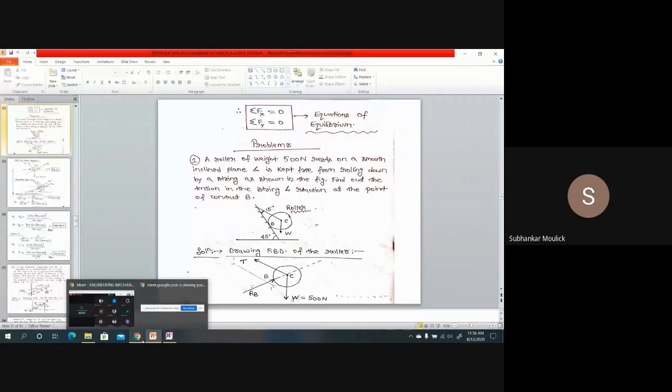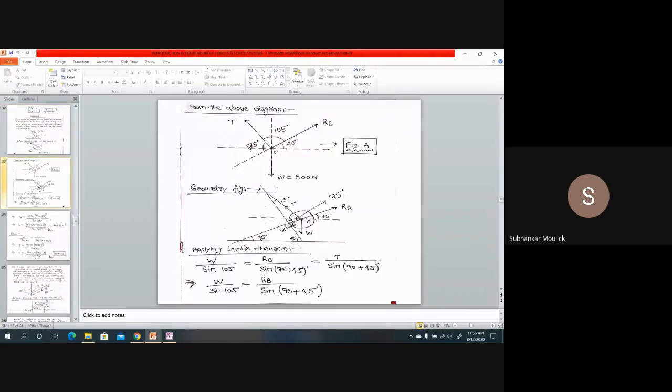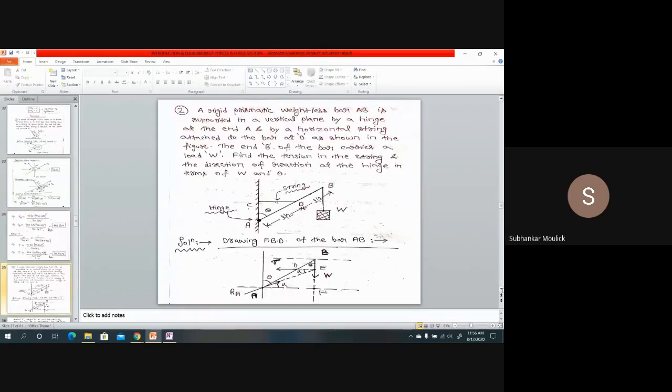So this is how we can solve problems. Basically, you have to keep one thing in mind: you have to draw the correct free body diagram. After drawing the correct free body diagram, you should be in a position to find out these included angles. After that, the procedure is simple. You have to see the problem and decide whether Lami's theorem is applicable, or equations of equilibrium are there to solve the problem, or you are using parallelogram law, triangle law, sine law, cosine law, whatever. Fine. Okay. Let us solve the second problem.